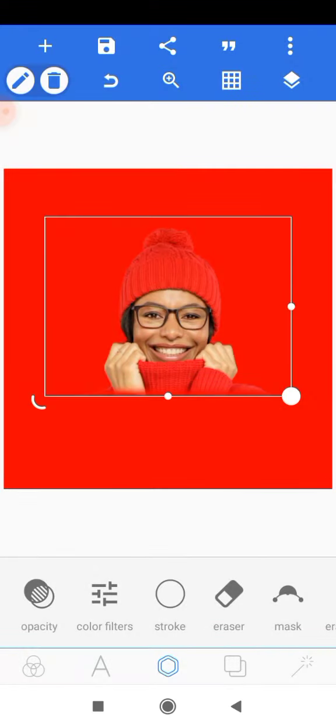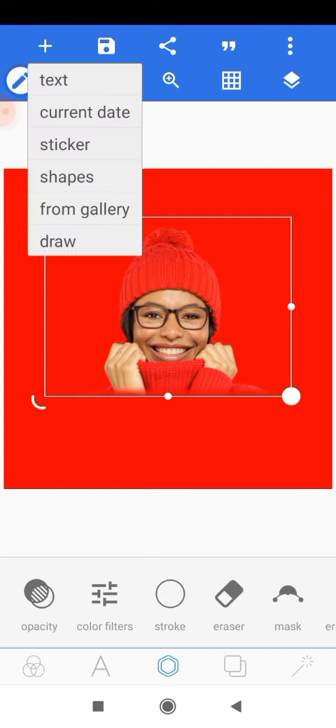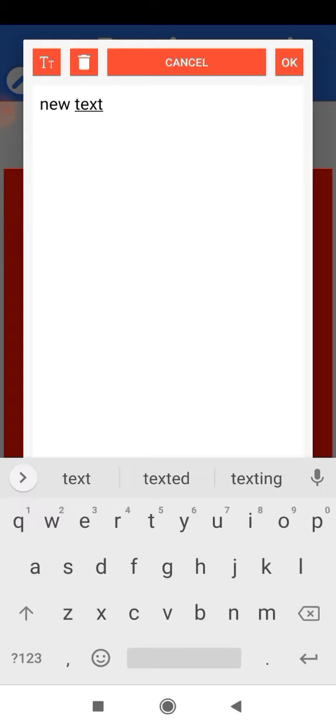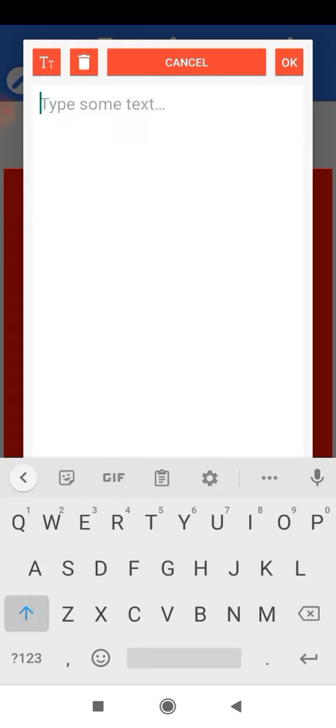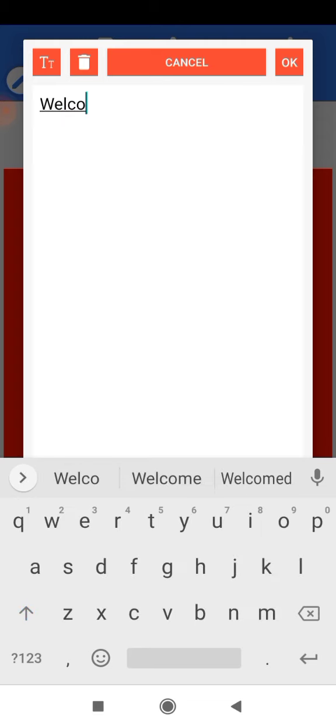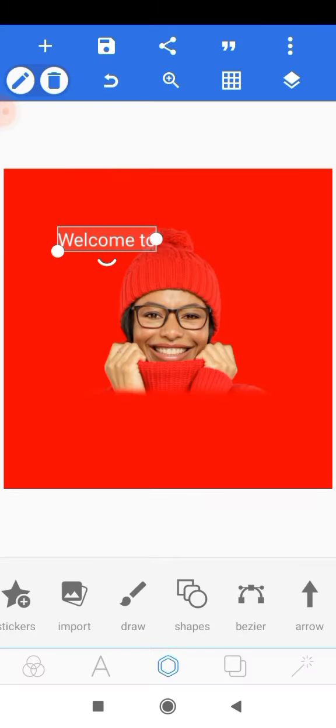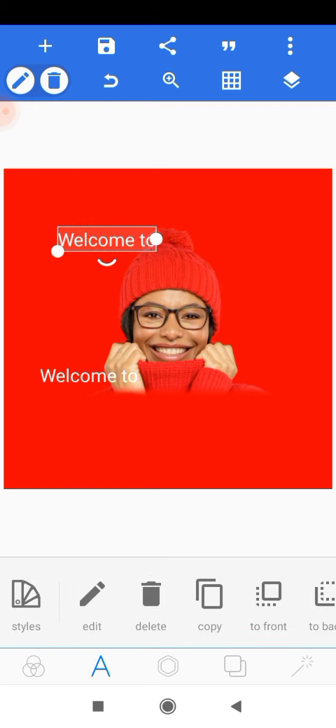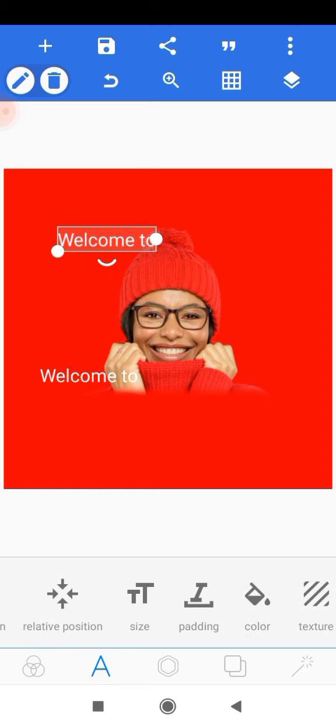Now that we have it there, we want to add the text. So we'll head on to the plus icon, and then we'll add a text, and we'll type welcome to, because it's going to be two different texts. So we'll type welcome to, and we'll click OK, and we'll make a duplicate of this, and we'll drag it all the way down, and we'll select this, and we'll head on to font,